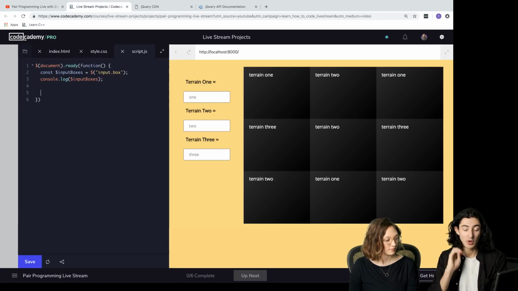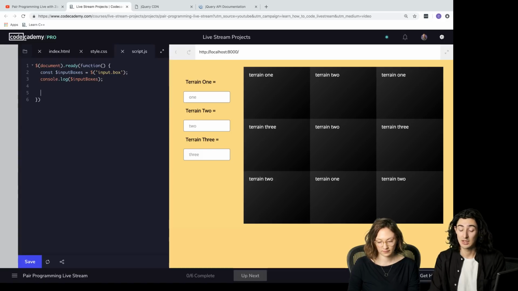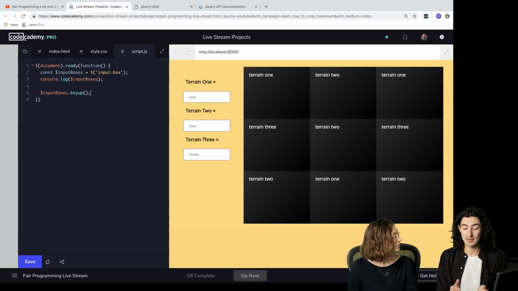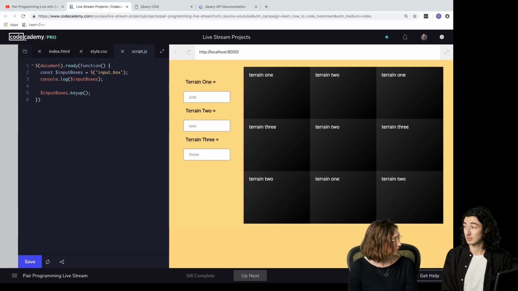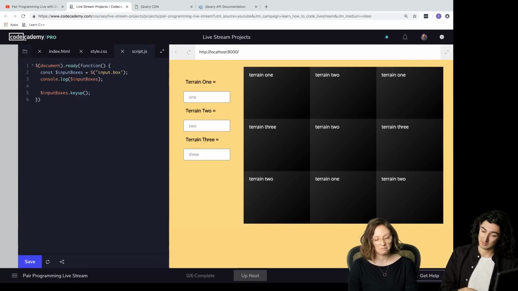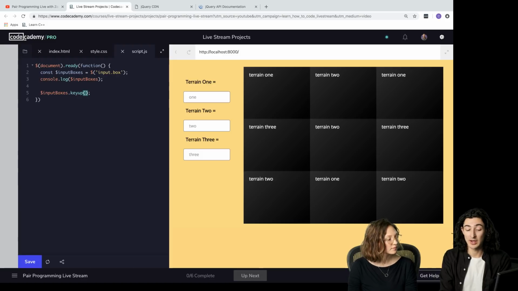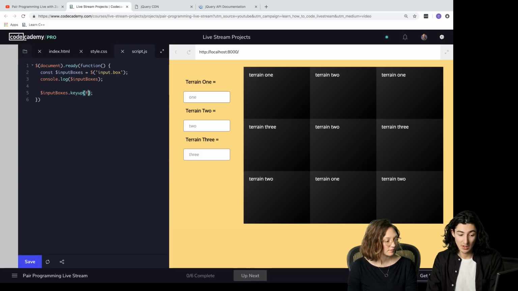Now, I want to define an event handler. Like, I want to write a function that does something when the key up event happens. And we have access to that, again, with jQuery, input boxes dot key up. Input boxes is a jQuery selection. I remember that because I put the $ sign. And a jQuery selection has access to all of the jQuery methods, which is why I can use key up here. And key up expects just a function that says, what are you going to do when the key up event happens on any of these input boxes? Okay, function,